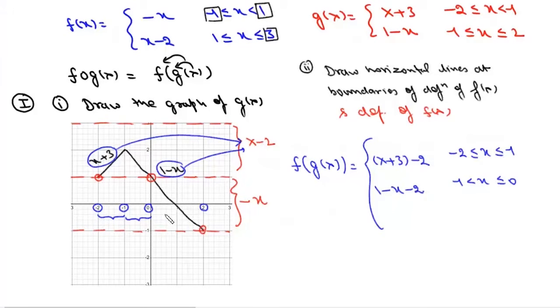And then we have the third definition when x lies between 0 and 2. In this case, the definition is 1 minus x. But here the graph lies in between these two lines, so this definition will go to minus x. So it will be minus and 1 minus x. So basically f of g(x) will be